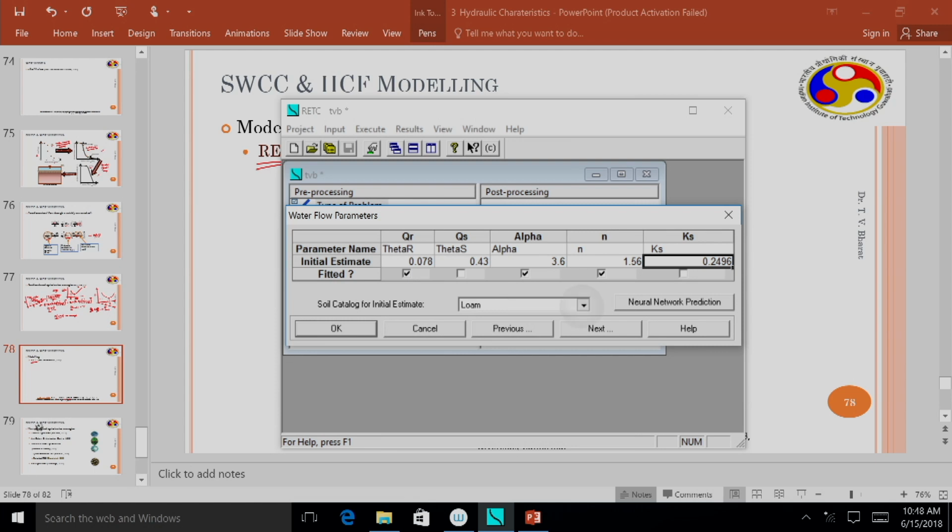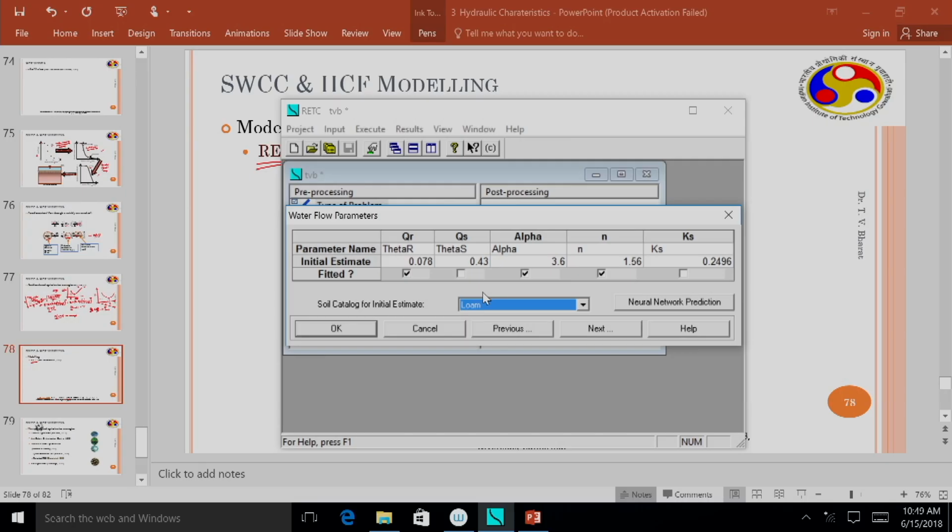So now you can choose from this menu different soils, possible soils you are fitting for. So actually I am fitting for loam. This information is also not required for the optimization, but here this information is used so that the initial guess will be generated based on this data. You can recollect what I said. For the gradient based optimization techniques, we require an initial guess. Based on the initial guess, using the gradient, we move to the next step and reach the optimum value.